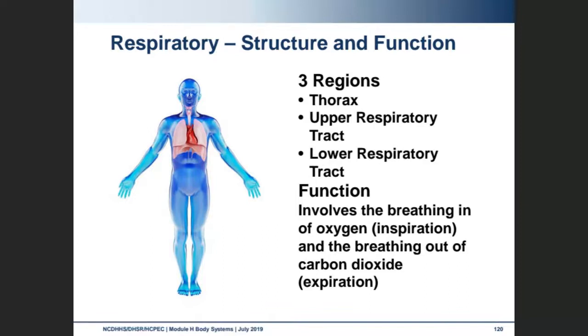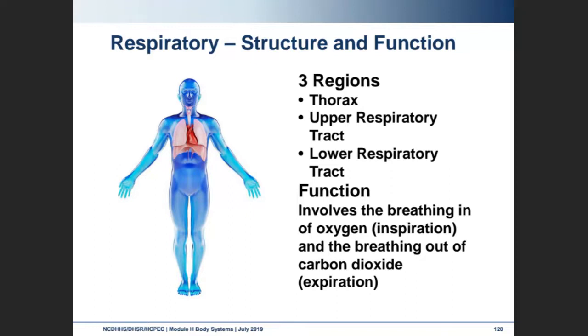It extends from the base of our neck to our diaphragm, and our thorax is surrounded by muscles and bones, and in this case, actually ribs to be particular. Our upper respiratory tract consists of our nose, mouth, sinuses, pharynx, larynx, and the top of the trachea. Our lower respiratory tract consists of the lower trachea, the bronchi, and the lungs. The function of our respiratory system is to breathe in oxygen and breathe out carbon dioxide, also called inspiration and